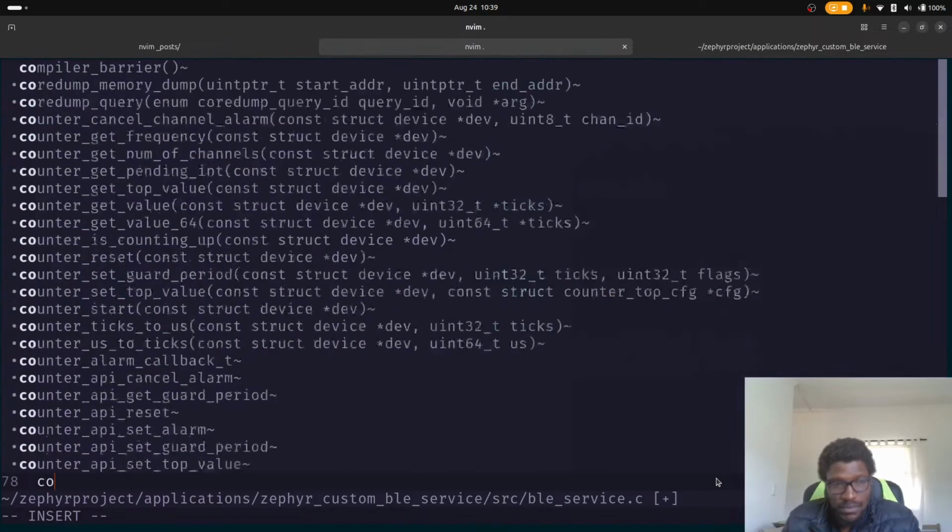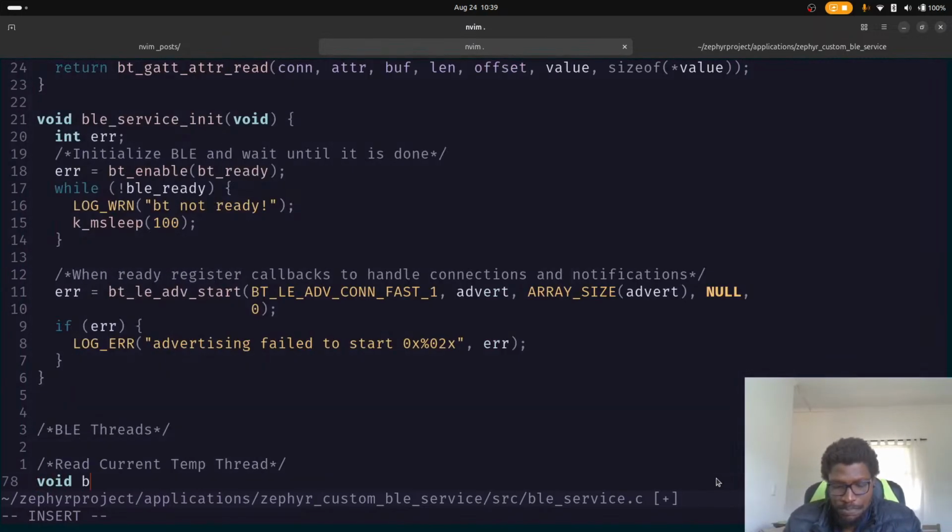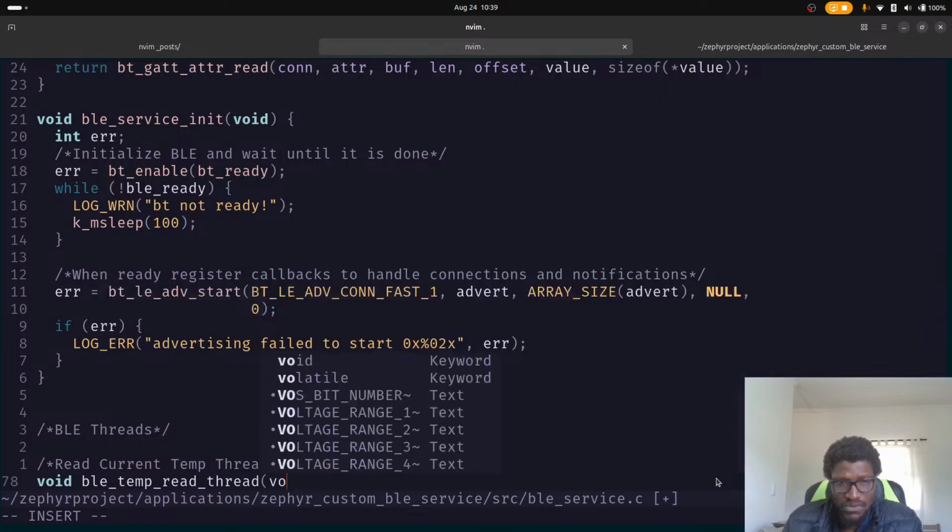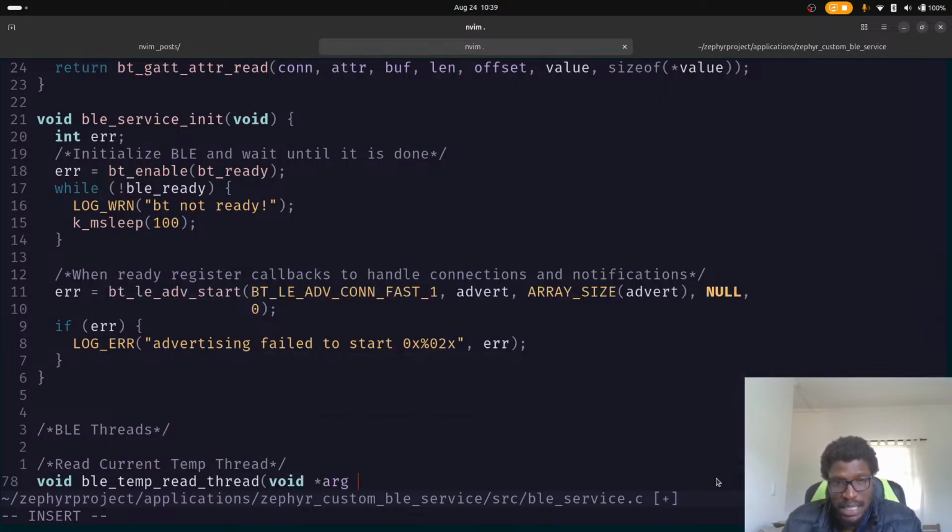Anyways, void BLE temp read thread, and then this will take 3 arguments: void arg1, void arg2, void